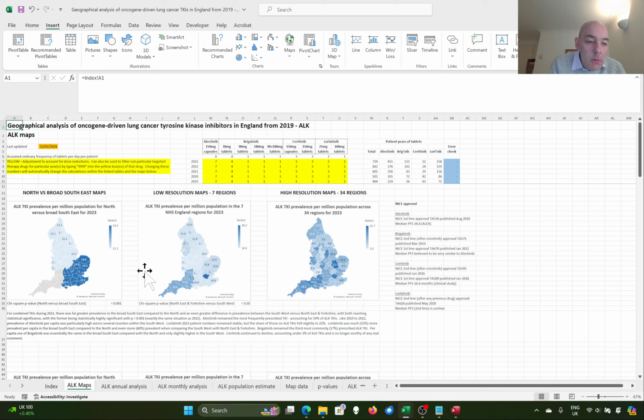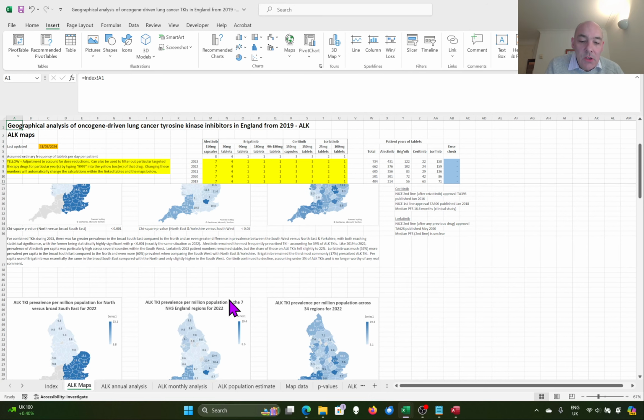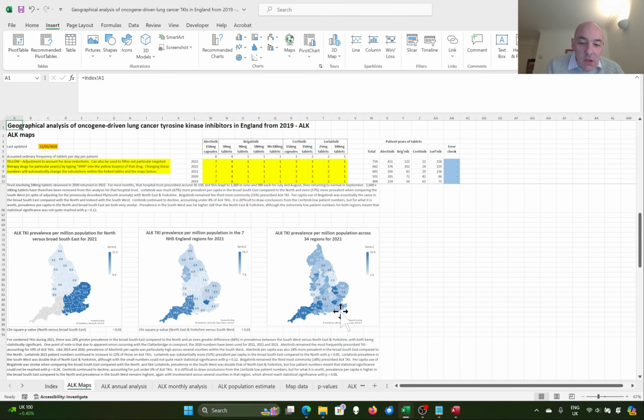Unfortunately, as I said earlier, my mapping solution isn't perfect, so I get these grid lines where I don't particularly want them, but it is what it is, and that's the best I can do for the moment. And then the final map is the most detailed one. You should probably read this one with a bit of caution, because you get these ups and downs all over the place. Now, one problem that I found when I did this was that London always lights up as the